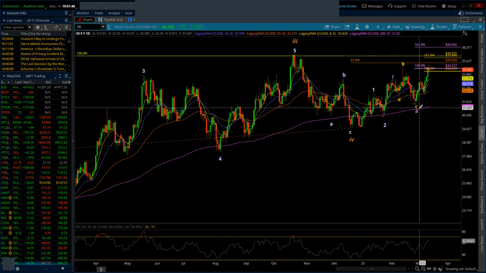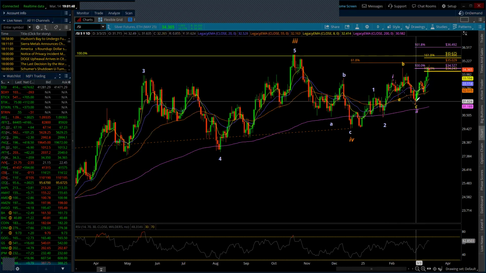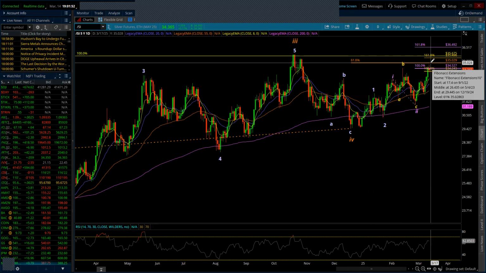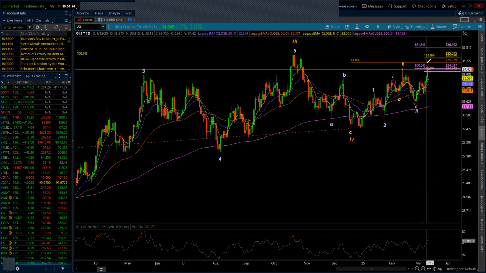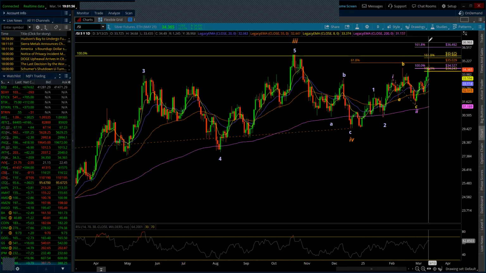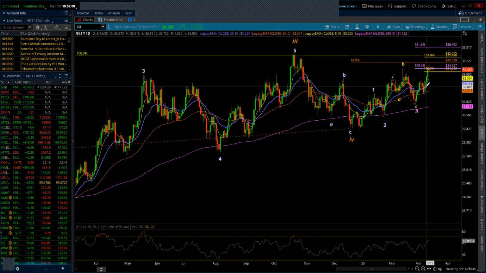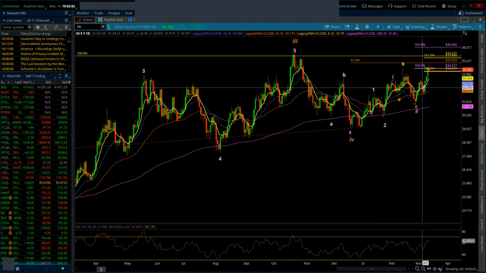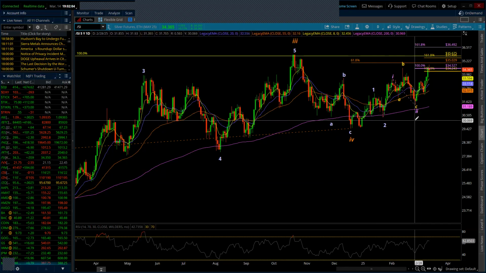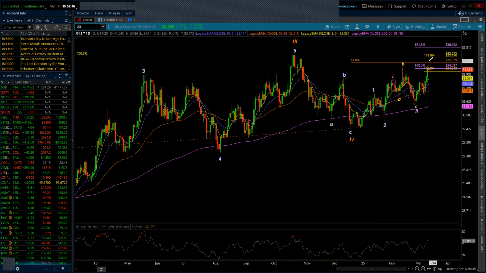We've got minute 1, minute 2, we're in minute 3, which could be 1, 2, 3, 4, 5, wave 1, subminute wave 1 of minute 3. If it's really going to divide, you can see we start getting that vertical nature. So where can this go? 1, 2, 3. Well, the C wave, or this next wave,